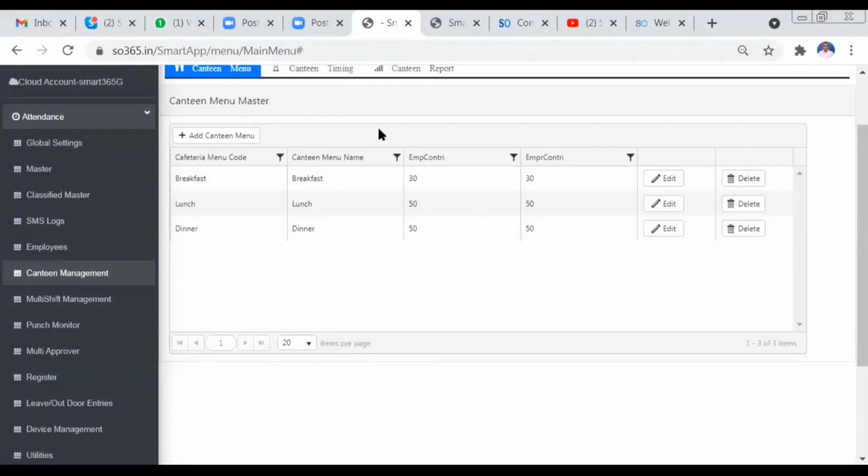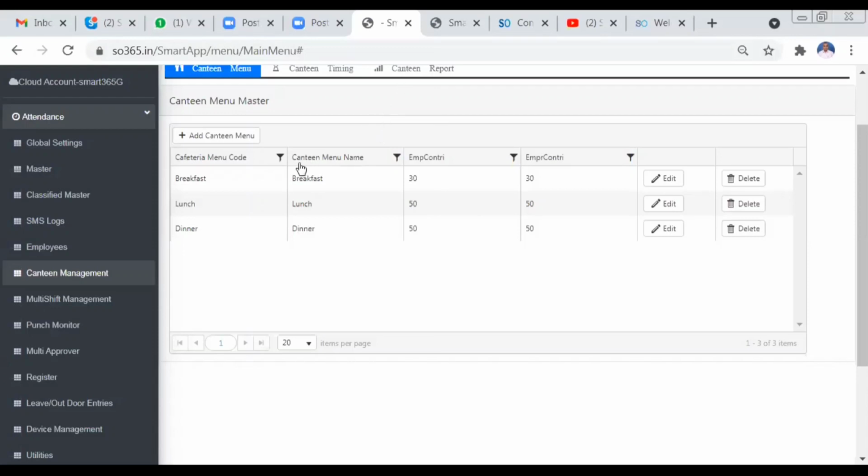Usually you will get a specific biometric machine for canteen management, or else the regular attendance machine can also be used as a canteen. Canteen management works for both canteen timings or work code basis. You also have canteen reports.